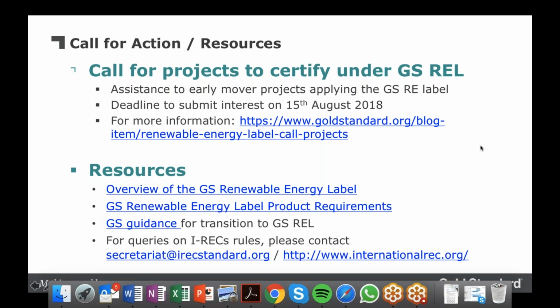As a general rule, Gold Standard doesn't have an issue against it, but it's a requirement that the IREX have that projects need to be connected to the national grid.